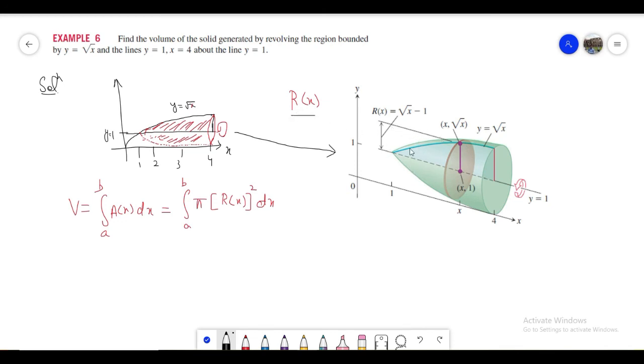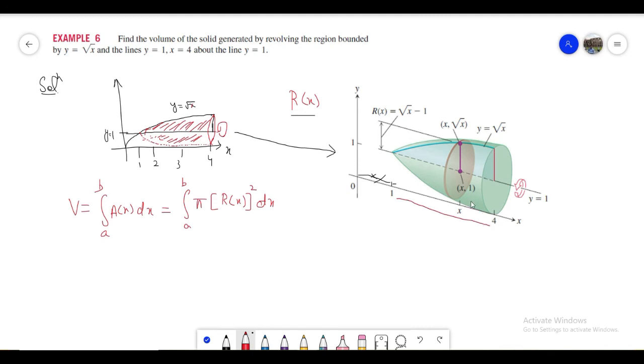Now this r of x you see over here. Now this is not moving about the origin. So it was moving about the line y is equal to 1. And we have to find the area not from this region. No, we have to find the area from here. Maybe I use a different color, from 1 to